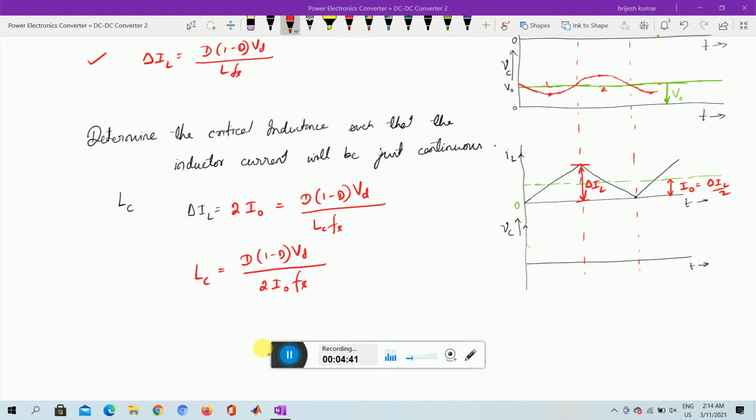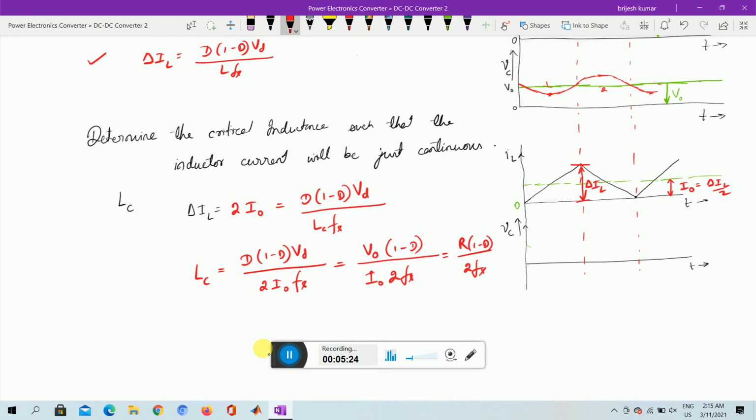So this is the expression we get by taking this LC here and 2I0 here, which can be written as D into Vd, which we can write as V0 because d into Vd is V0, times 1 minus d, divided by I0 times 2Fs. So here V0 by I0 we can write as R. So we can write R(1 minus D) divided by 2Fs. So we can decide the value of the critical inductance LC with respect to R, the duty cycle